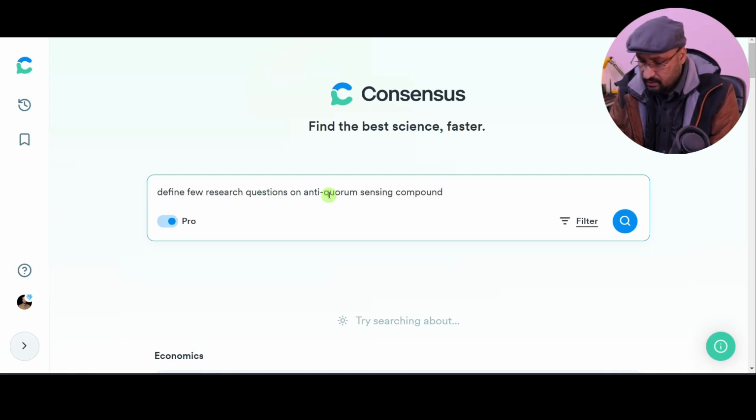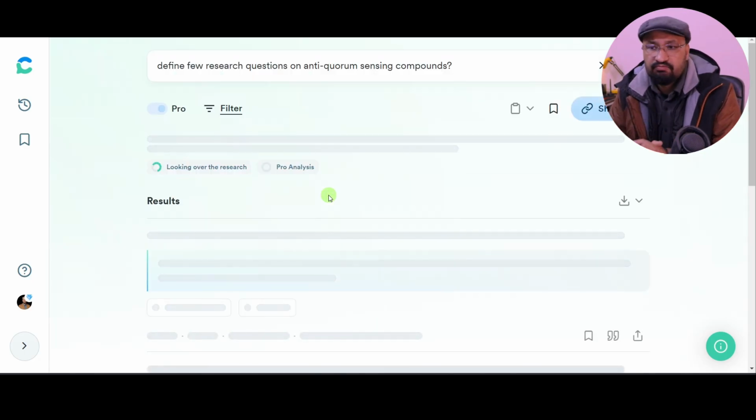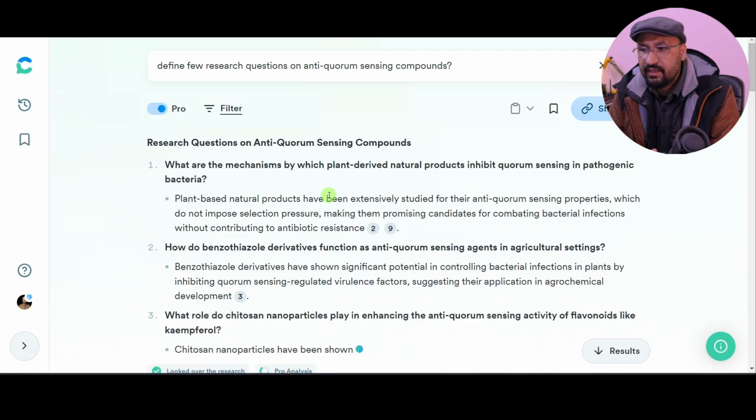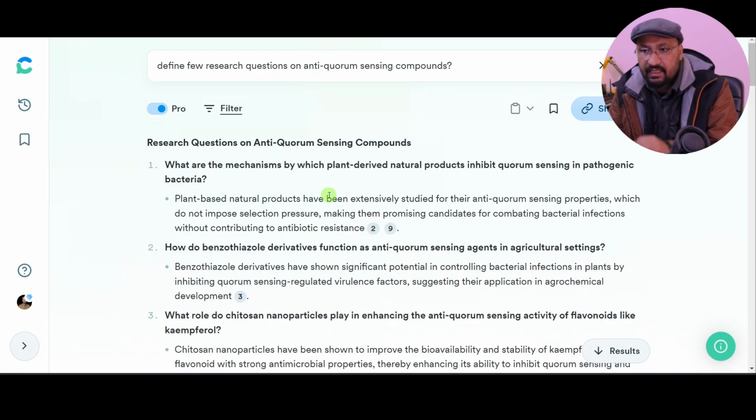Now you can see these things are human to human. They are specific to your understanding, and they will be specific to certain other people's understanding. So you can see we are getting good research questions. We are getting, what are the mechanisms by which plant-derived natural products inhibit quorum sensing in pathogenic bacteria? Because probably there is a lot of literature gap in this particular area, where the mechanism of those plant products is unknown. Now next is, how do